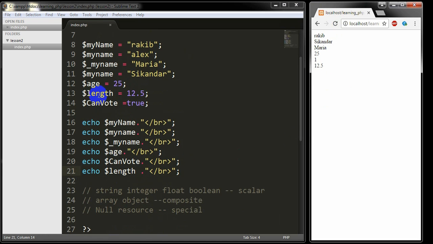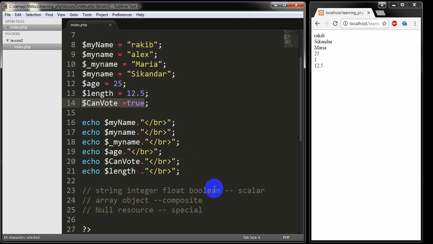Okay, so this is the floating point. That means it will give us the decimal values, and the integer is the round-up value we can get this way. This is the example of string, integer and floating point,